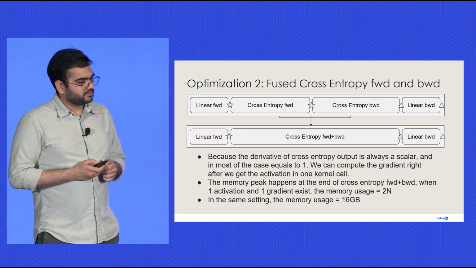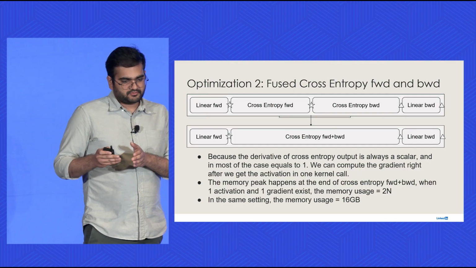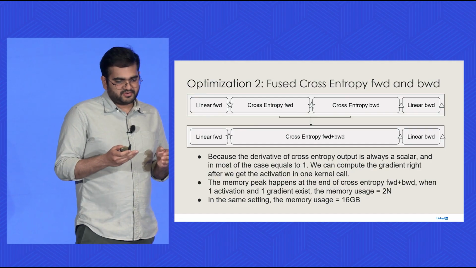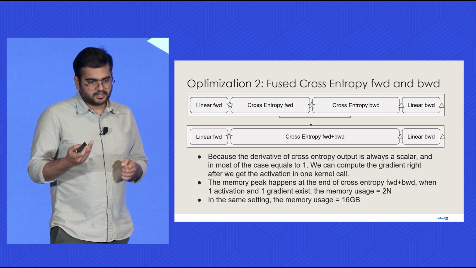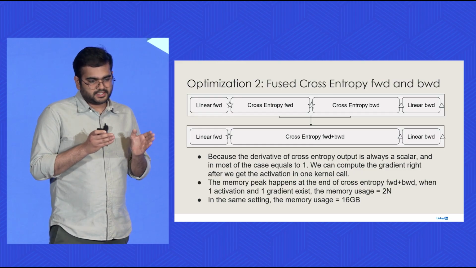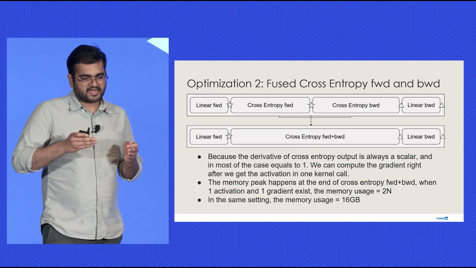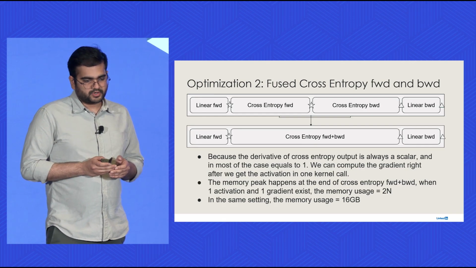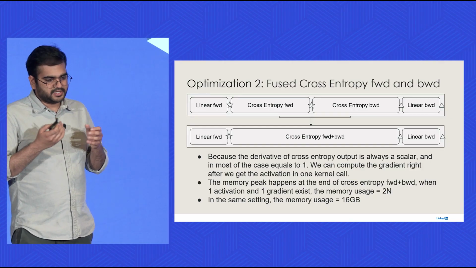Now, what's the second optimization that we can do? Cross entropy is usually the final layer of your model. The derivative of the cross entropy output is mostly a scalar, and is always equal to 1. So basically, now you can fuse the forward and the backward functions because there are no more layers after the cross entropy function. So what if we create a single kernel which calculates the backward gradients as well in the